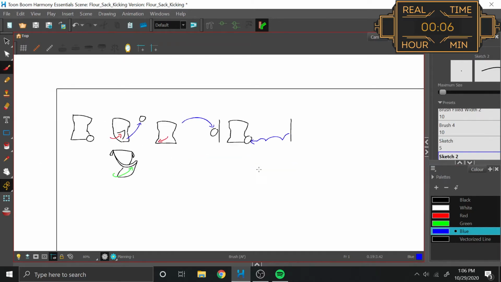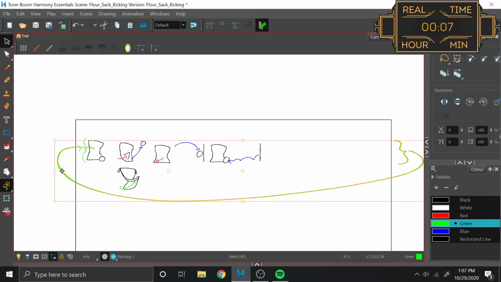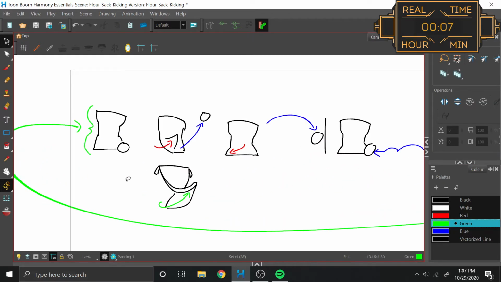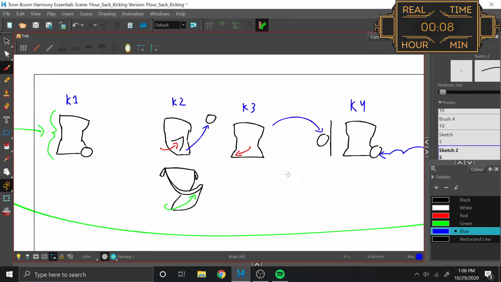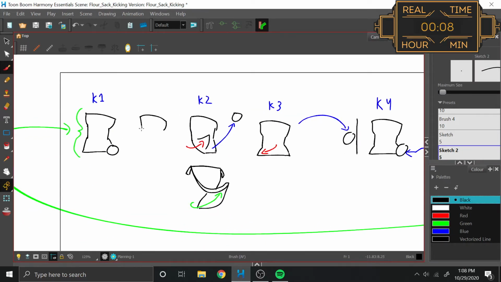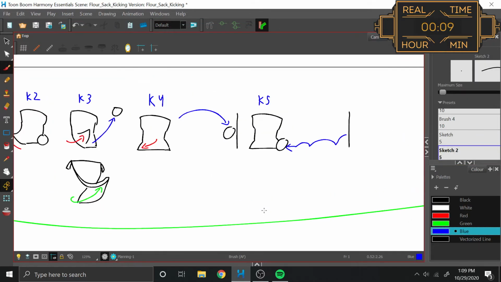I actually had to stand up a lot while planning this one out to get a feeling for how the arms swing during the kick. Like if the right leg is doing the action, then the left arm mirrors its proximity to the body, and the right arm is the reverse to maintain balance. So I also caught myself leaning forward during the anticipation of the kick, so I'll need to account for that